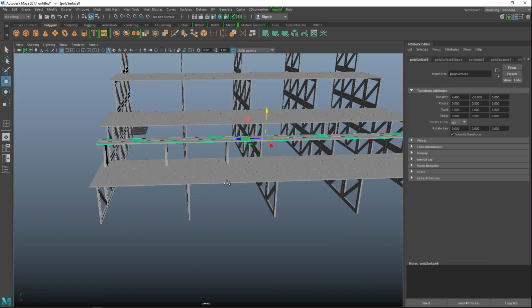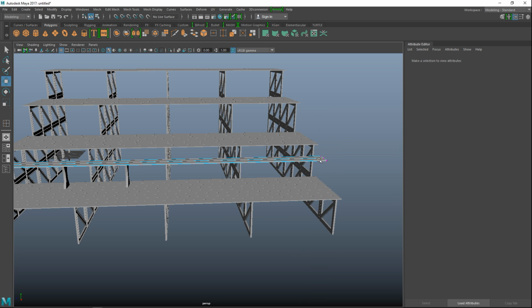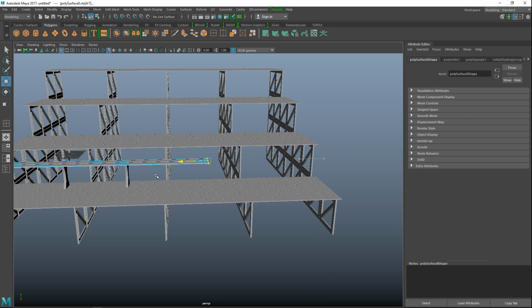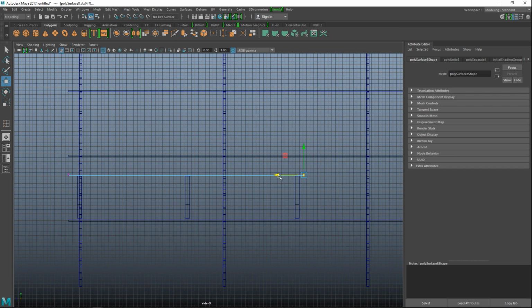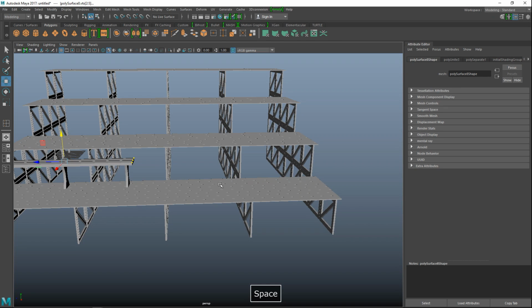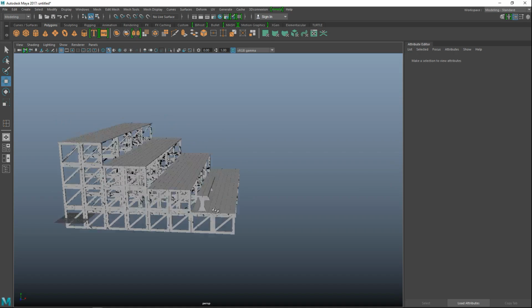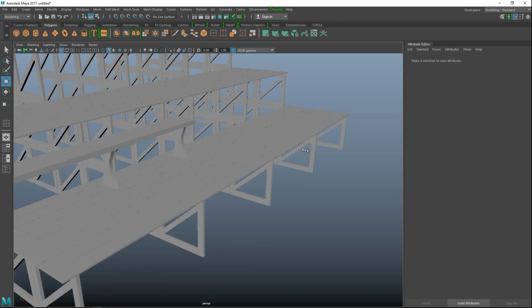Alright, now it's way too long, obviously. So we're going to right click, go to Vertex, drag select that, bring that in. And then from this view here, we can have a look and see, okay, so that needs to stick out a little bit. And then the whole thing is a bit thin. So we're just going to take these top vertices and add some thickness. Okay. So let's see if we're happy with that. Sorry about that. That seems to be all right.